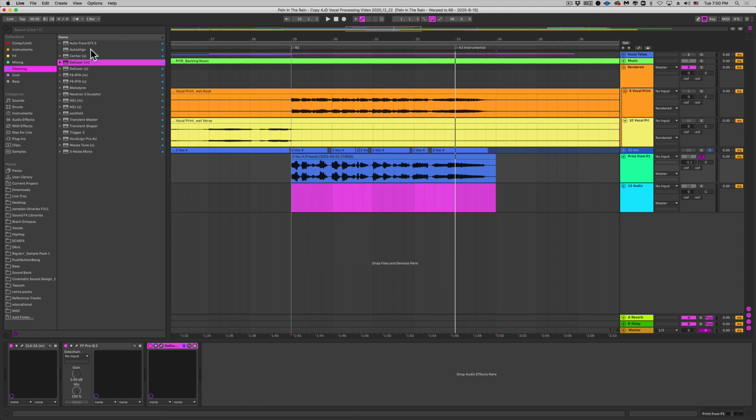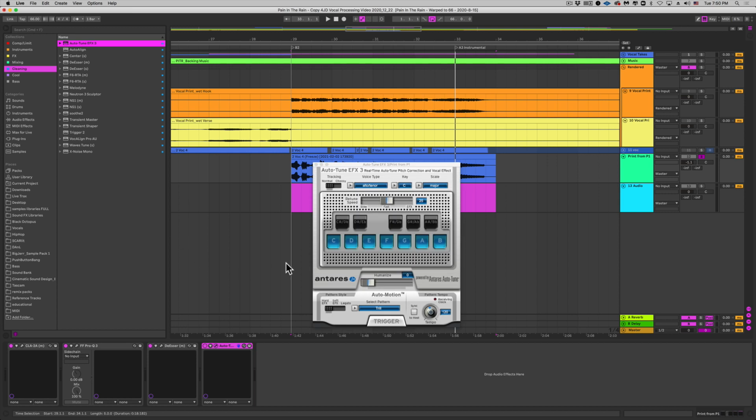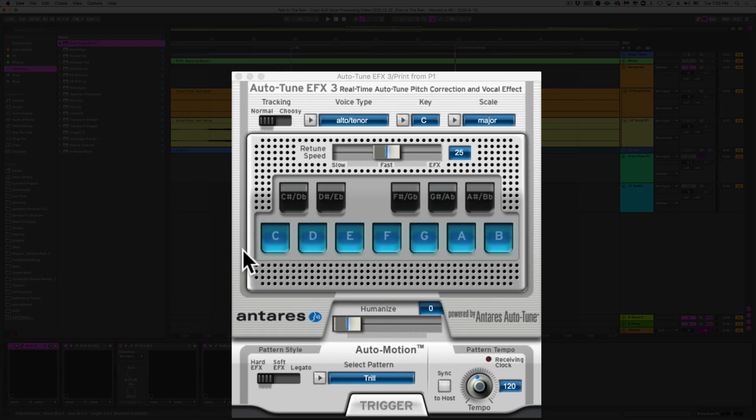So I'm going to, at this point, apply my Autotune. And I only really like to use the EFX version. It's actually super cheap. And the reason I like to use this one is because it's super basic and simple. It simply just does the Autotune thing with no whistles or bells. And that's okay because remember, in the first video, we went ahead and tuned it with Melodyne. If you guys haven't seen that video, I'll put a link in the